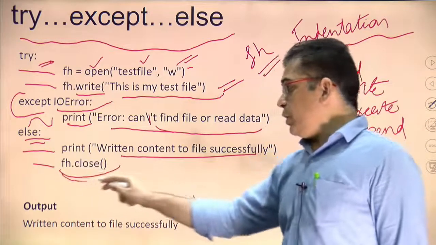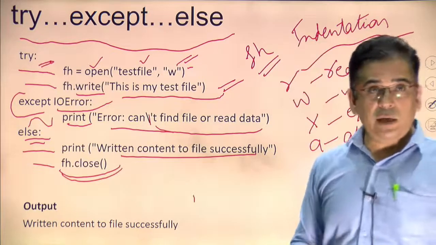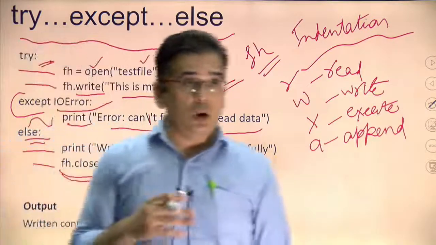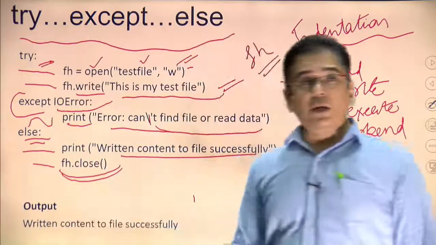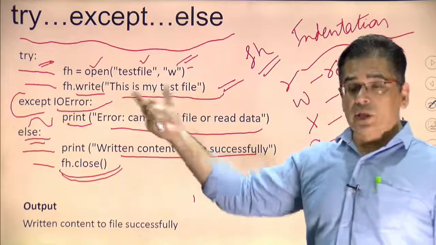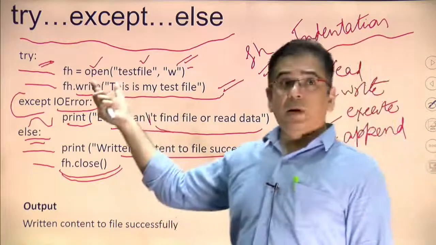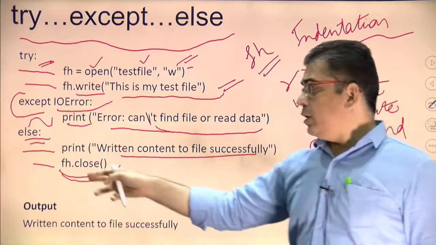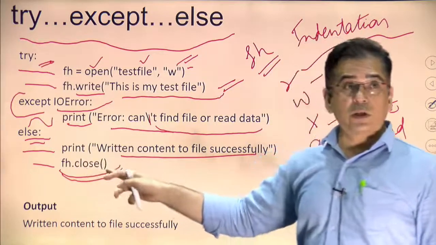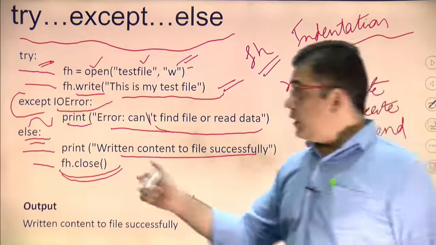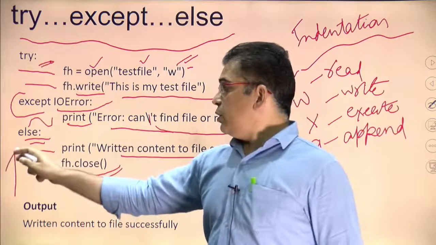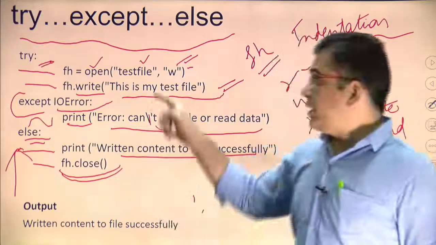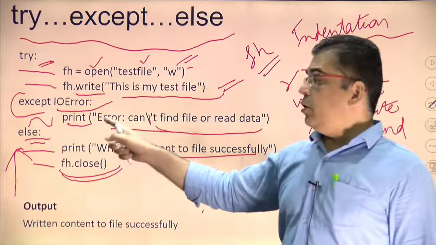It is very important: when you are opening a file, writing a file, appending a file, or simply reading a file, you always have to close the file. Otherwise, the space or storage taken in the primary memory will be permanently consumed by this file. So you have to close the file properly. The fh.close function will close the file. In the else block, you need to take care: this code will be executed only when there is no exception raised by the try block